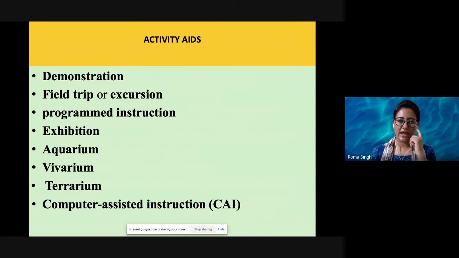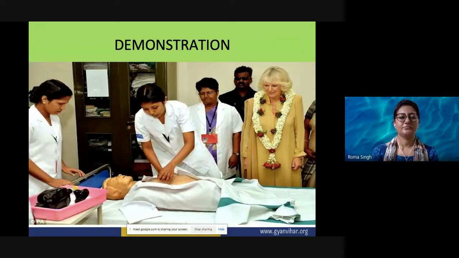These are the various activity aids like the demonstration, field trip, programmed instruction, exhibition, aquarium, vivarium, terrarium, and computer assisted instruction, or the CAI. This is how demonstrations can be done and shown to the students in various kinds of subjects.